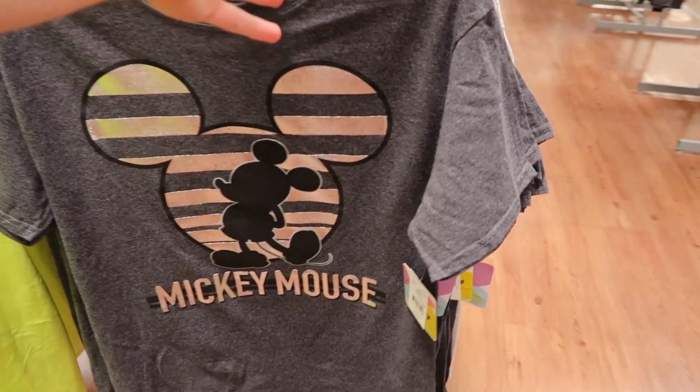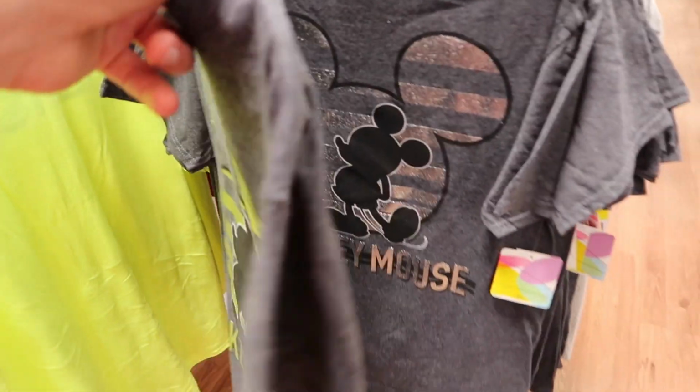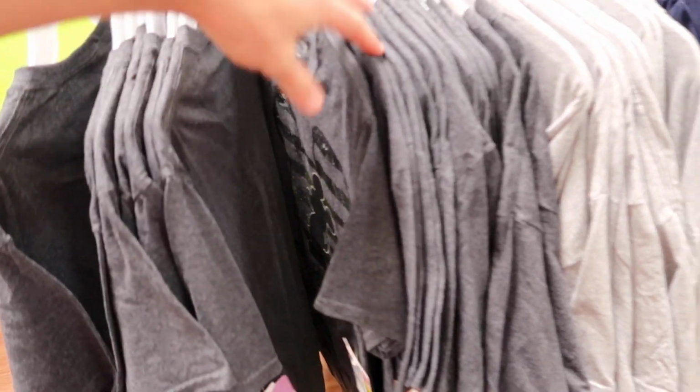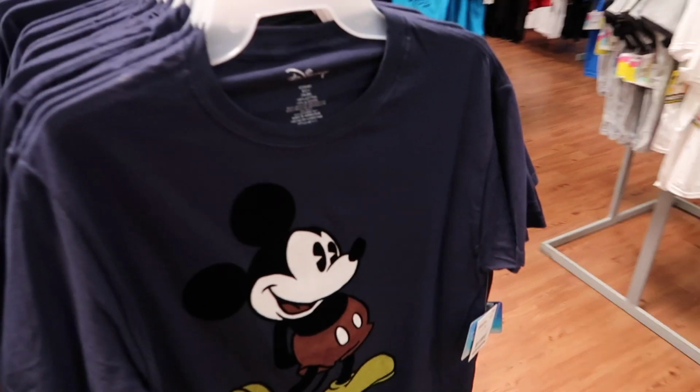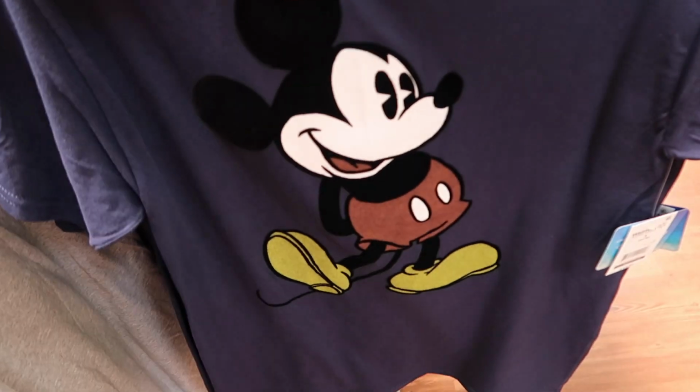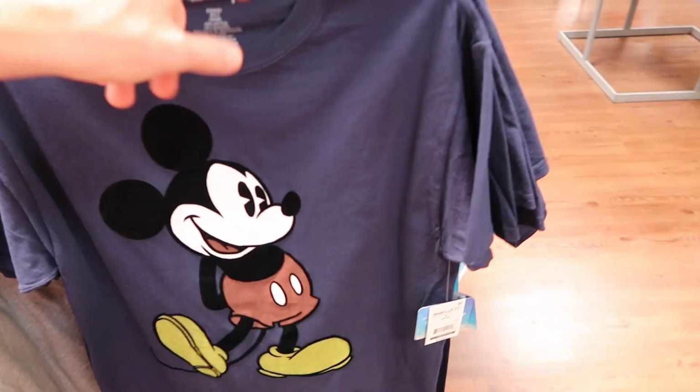For $12.97, they have this Mickey Mouse shirt here. So a lot of like Mickey Mouse merchandise. A lot of sizes too. There is nothing on the back. They have another Mickey shirt over here. This one also $12.97. It's almost like kind of like a felt Mickey too, but they got small, medium, larges,